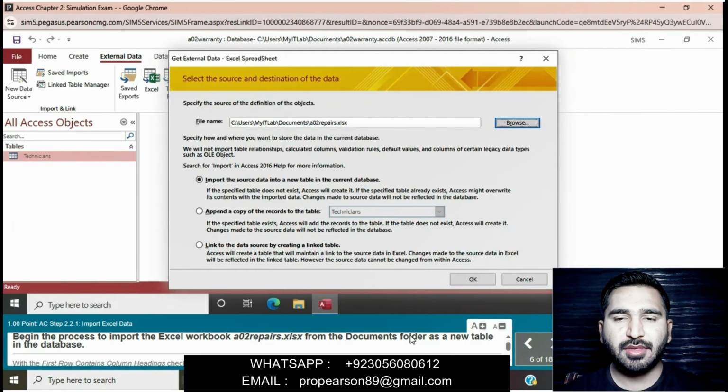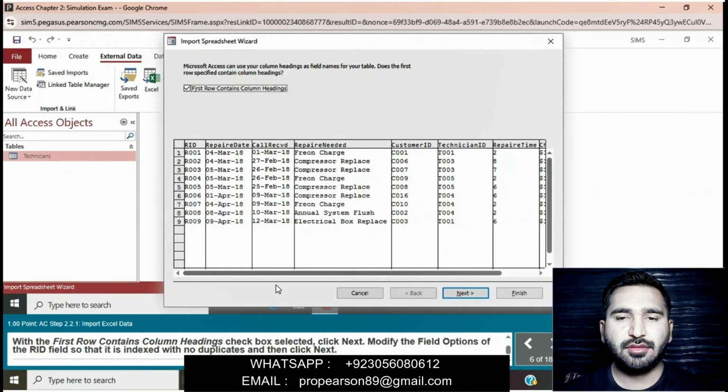Okay, then documents folder as a new table in the database, then click on OK, then click on with the first row contains column headings checkbox selected, click next, modify the field options of the RID field so that it is indexed with no duplicates, and then click next.